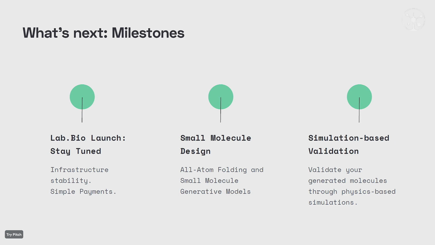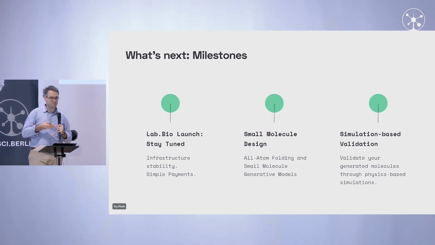The next thing that's going to come up is we're going to integrate small molecule design as well. So basically right now we only support protein design, but 9 out of 10 projects are really focused on small molecules, so it's important that we really get our leg up in that regard as well. And then I think the not too far future is to really drive up our simulation-based validation by putting in big GPU compute and really getting to that level of experimental accuracy.